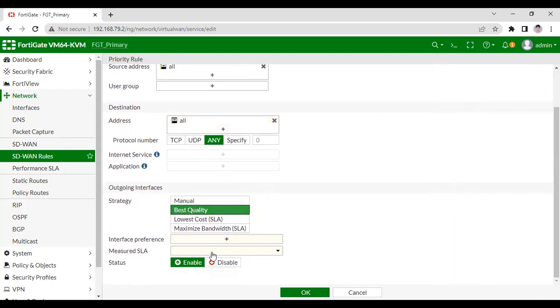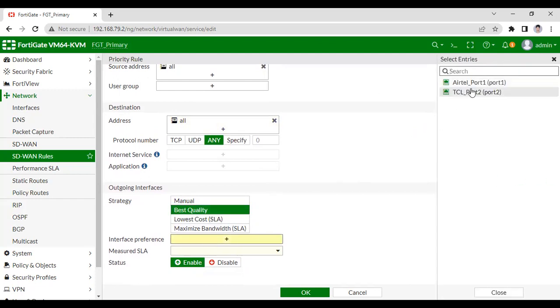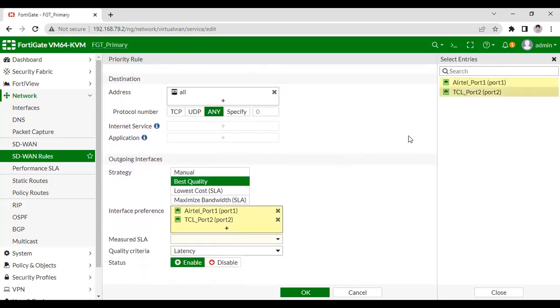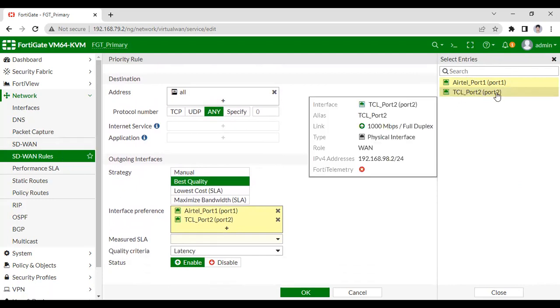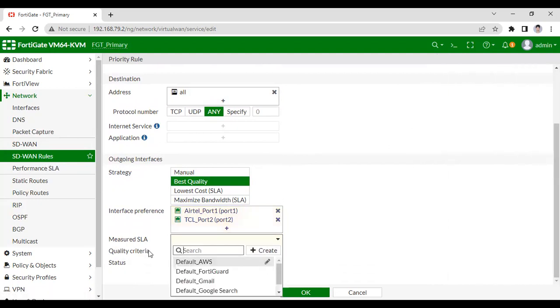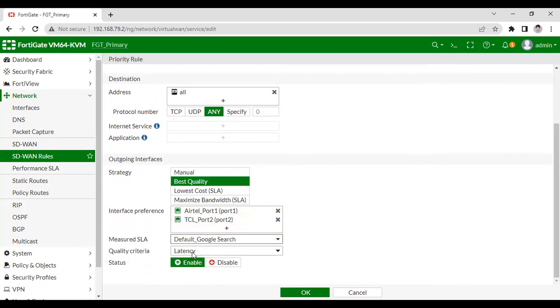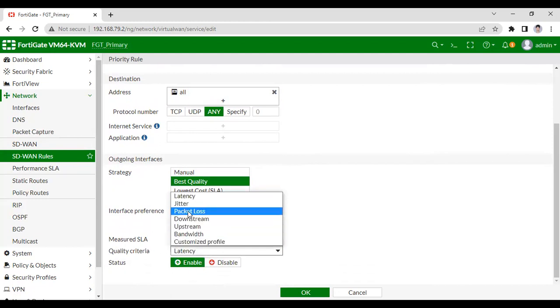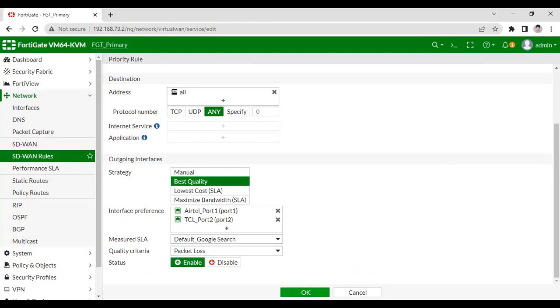Outgoing interface strategy is best quality, and the interface members will be port 1 and port 2, because these are the interfaces which I have configured in SD-WAN, as part of SD-WAN. I'm going to measure SLA Google, default Google, and for quality criteria I'm going to have packet loss, then enable and OK. That's it.